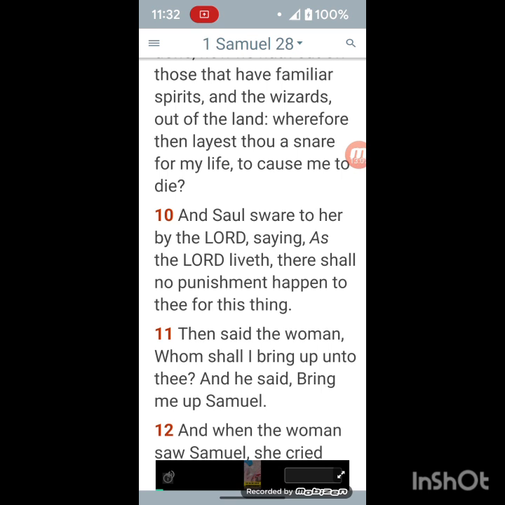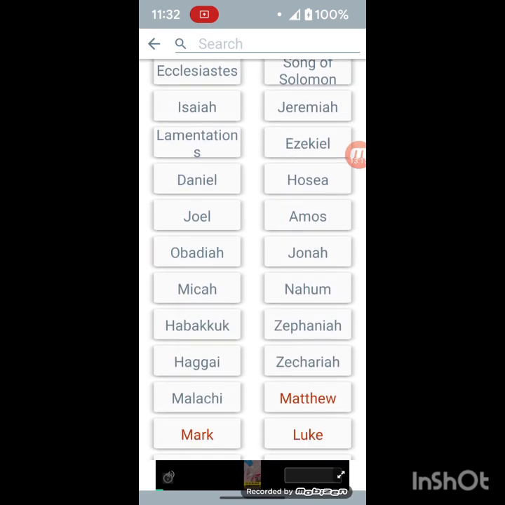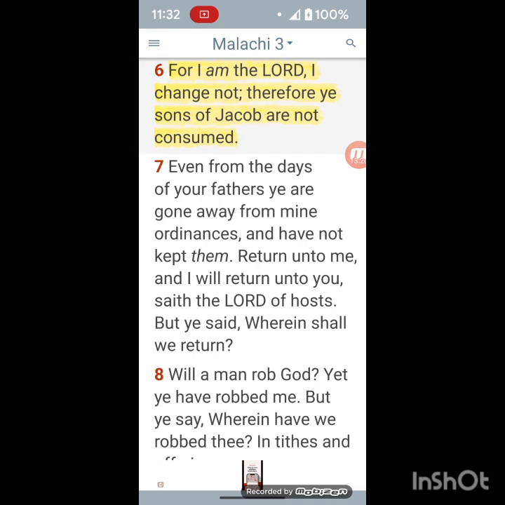And we know the scriptures say, I am the Lord, I change not, yet ye sons of Jacob are not consumed. Let me get that. Malachi 3:6. For I am Yahweh Bashem Yahushai, I change not. Therefore, ye sons of Jacob are not consumed. The sons of Jacob are not consumed. He's talking about his elect right there.